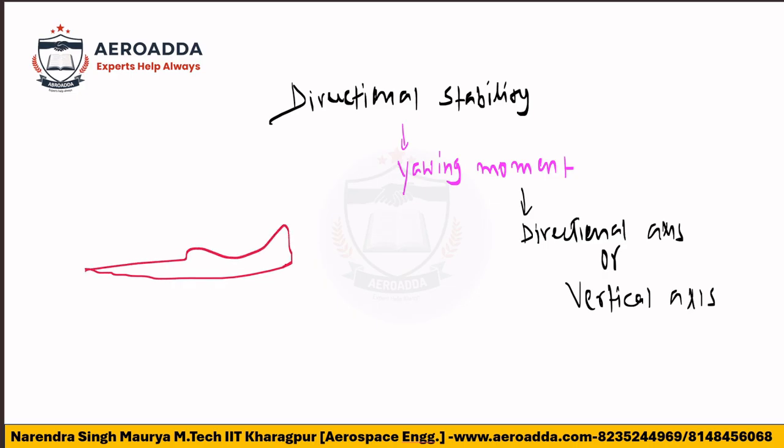This airplane is moving in the forward direction. This is nothing but the vertical axis, and this is the horizontal axis. So about this vertical axis,